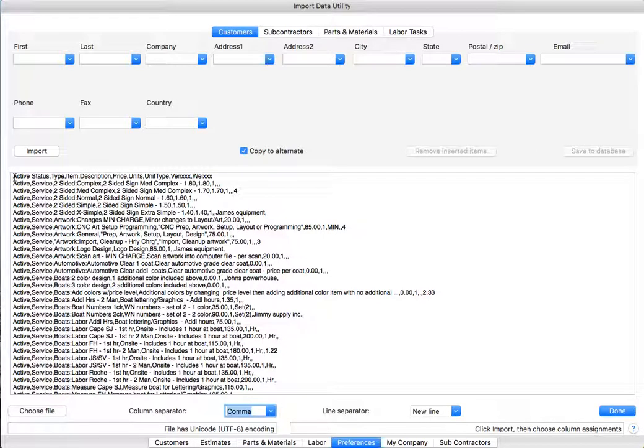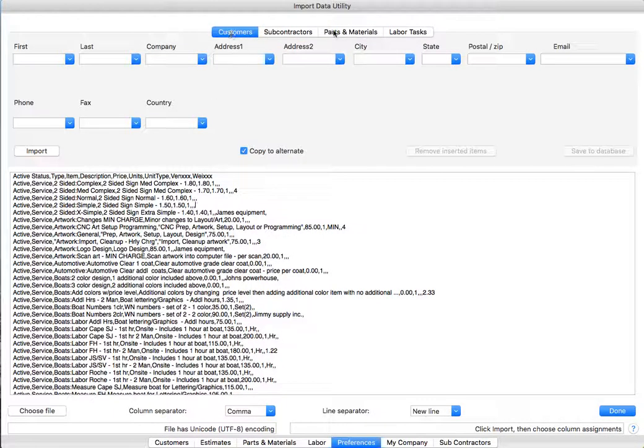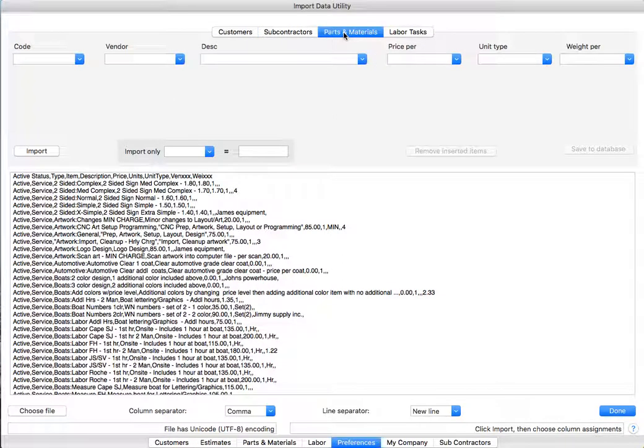normally on a CSV file you'll see the first line will be the header names. So take a look at that first line. That's what your header names are called. So I'm going to first of all pick one of the four categories: parts and materials, labor, subcontractors, or customers. I want to pick parts and materials for this example. I'm going to click the import button,